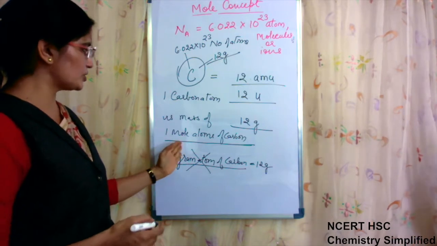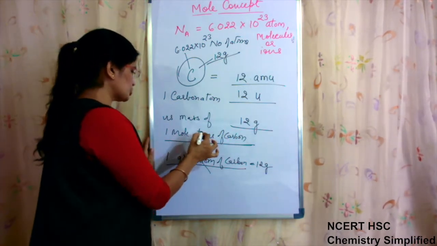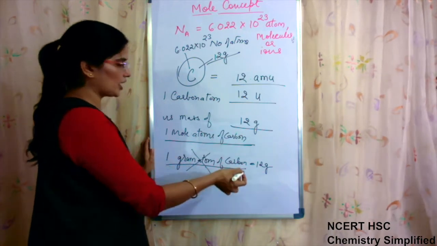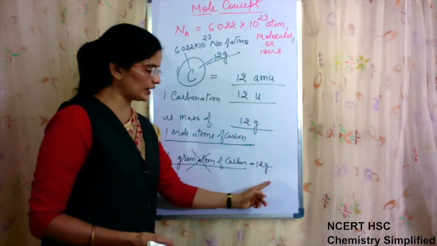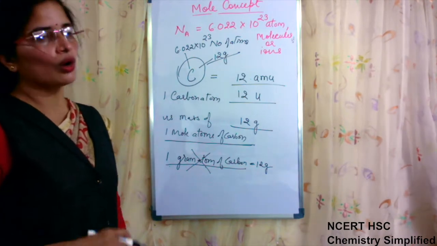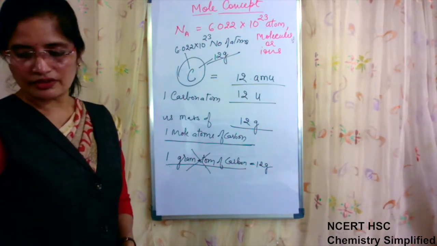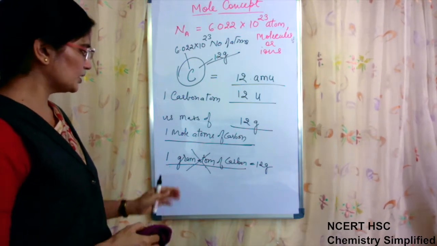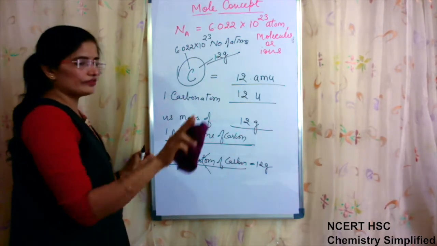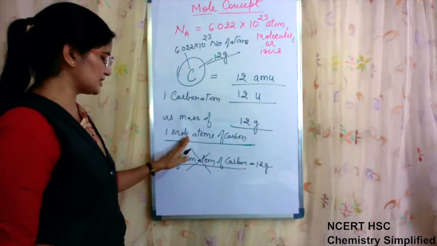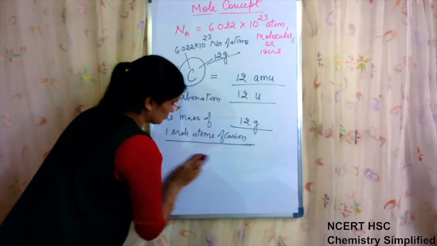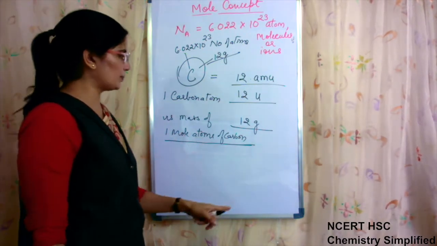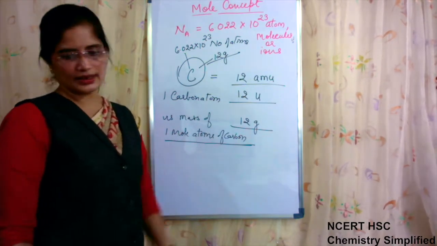But since mole is used now, you must know that whether we say 1 mole of atoms or 1 gram atom of carbon, actually we are talking about 12 grams of carbon atoms, or any other element which has its relative mass value, whatever we have assigned to it. So we should know what 1 gram atom of carbon means, but we do not have to study it. What we have to study is that 1 mole of atoms of carbon has weight 12 grams.